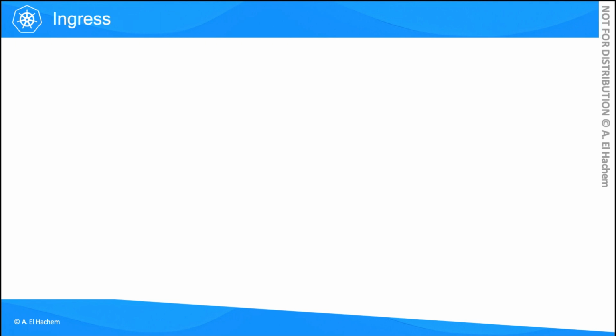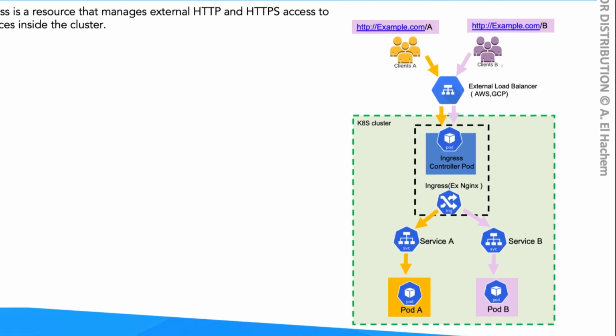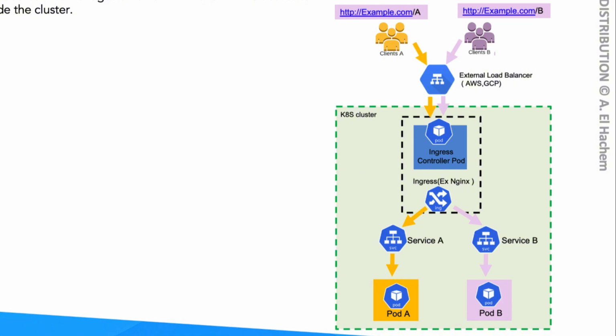Let's break it down using the 5W2H method. What is an Ingress? Ingress is a resource that manages external HTTP and HTTPS access to services inside the cluster. The diagram on the left shows the traffic flow. Clients send requests, for example